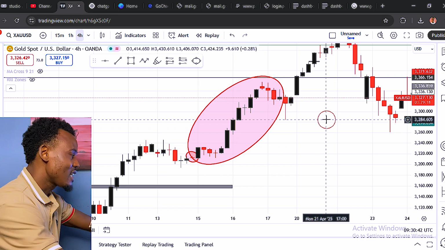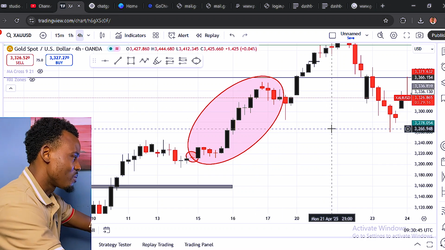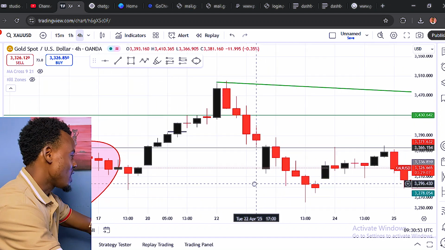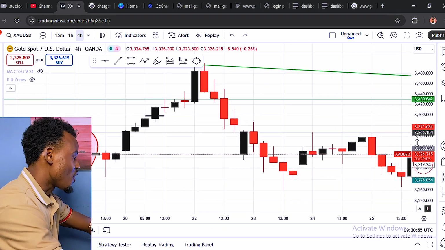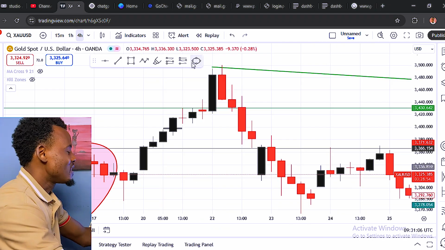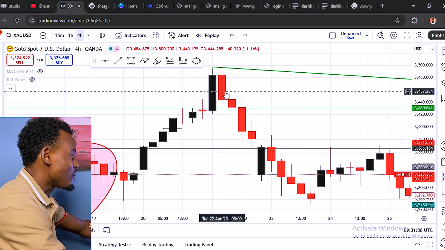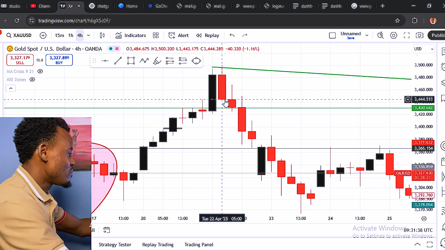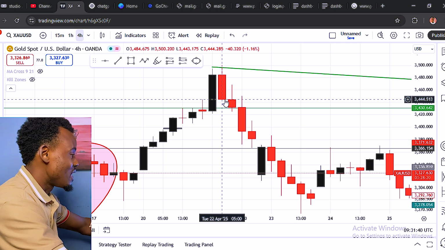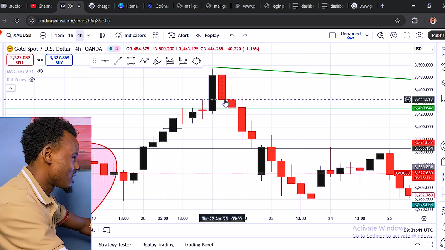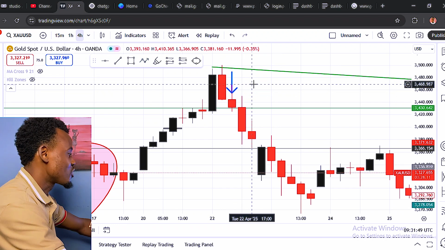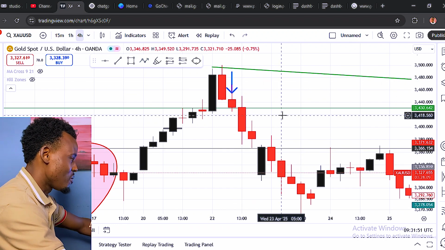As you can see, sellers are still struggling to push the price back down, but unfortunately they couldn't. But something happened around this side right here. When sellers say enough is enough, sellers get into the market massively. As you can see, this huge candlestick right here could be news that triggered this, but nevertheless, that is how it happens. Sellers use anger to get into these markets and make sure they push it down massively.